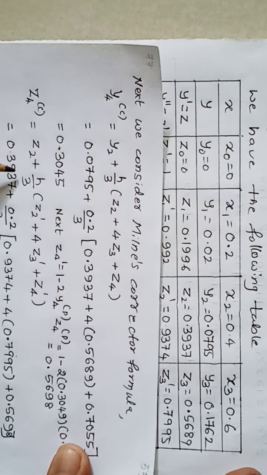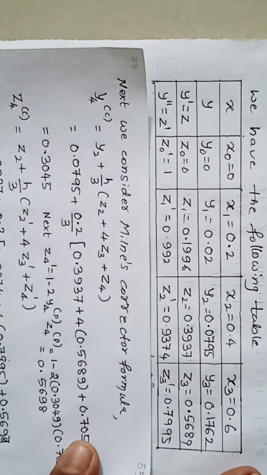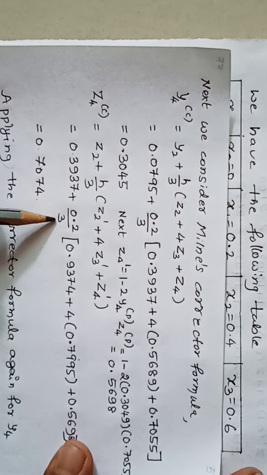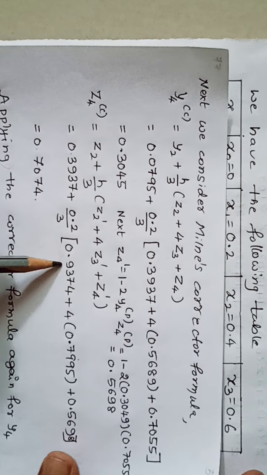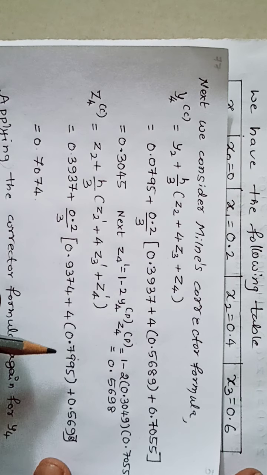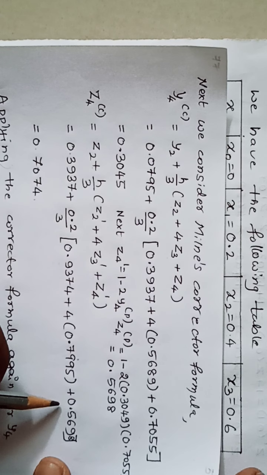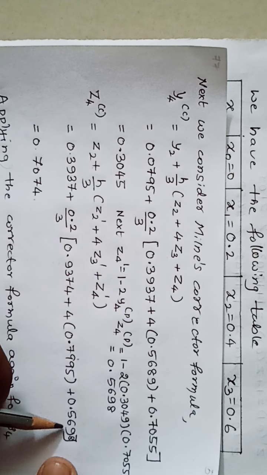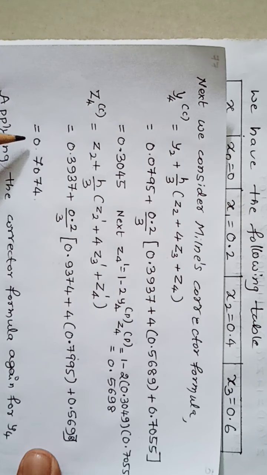H is 0.2 divided by 3. Next z2 dash value plus 4 z3 dash plus z4 dash. The z4 dash value we got, 0.5698, we have to insert here. So we are going to get